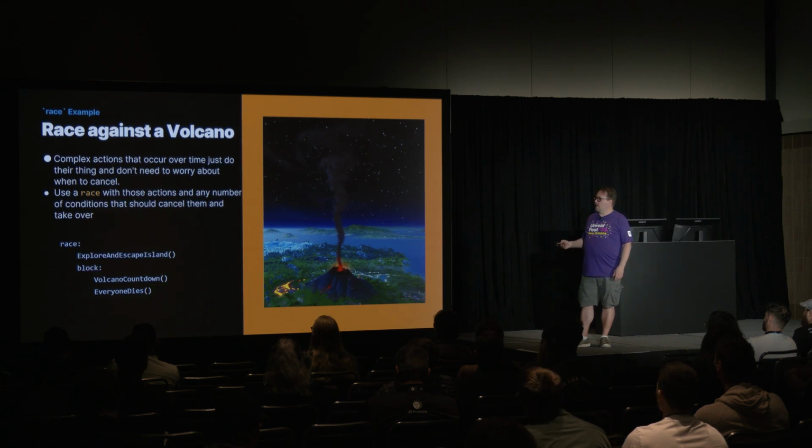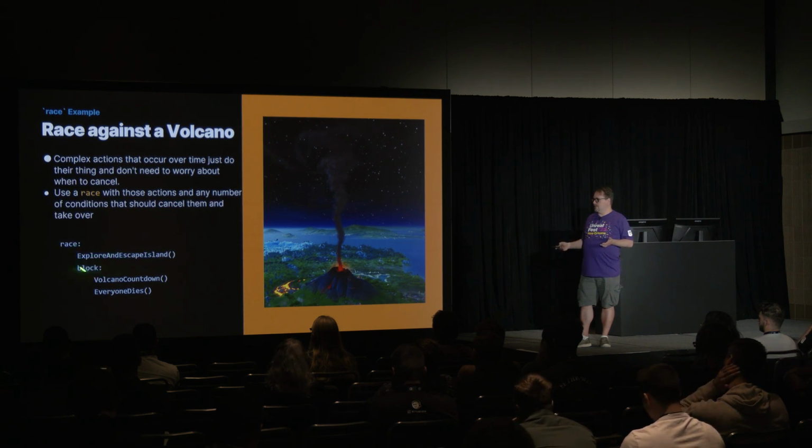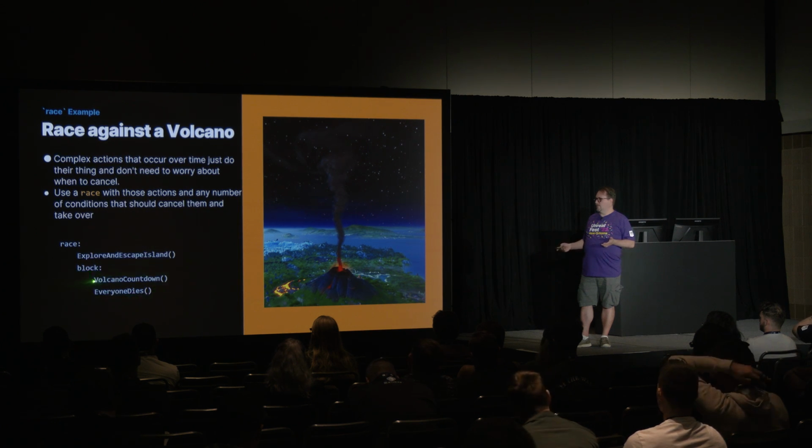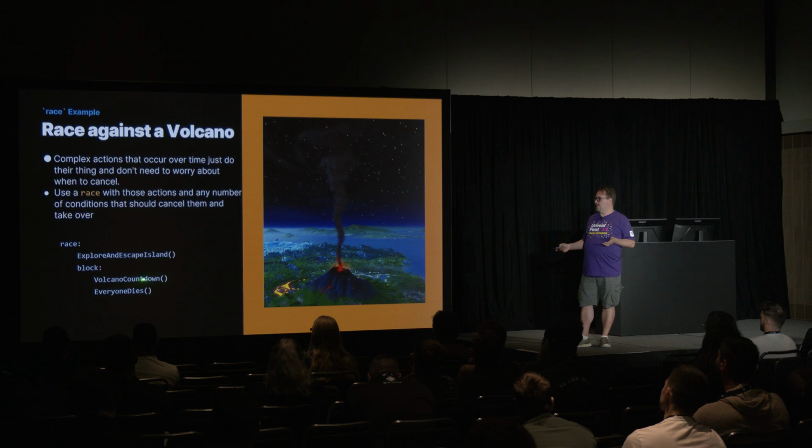One of the other things we talk about is grouping different things together. So here's a race, and you could have just individual async functions that the race is comprised of in terms of its sub-expressions. But often you'll want to have a few things grouped together. In this case, I wanted to group together volcano countdown and everyone dies, so I just throw that in a block. And so they run serially. It does this and then this, right? That's a really easy way to group things. If you wanted these two things to run simultaneously, this would be a sync, or whatever else.